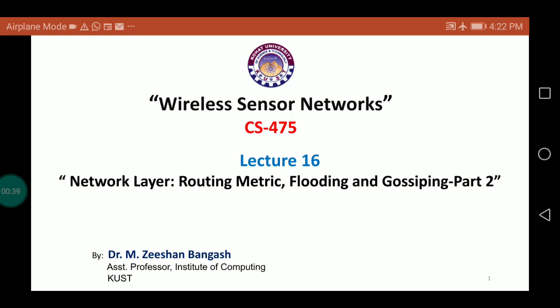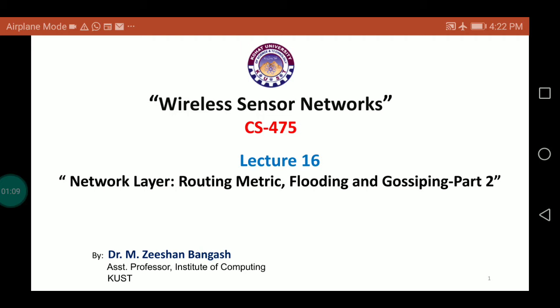Then we discussed a different category of the network layer protocols, which is hierarchical routing, and we discussed that hierarchical routing is good in terms of implementation. However, when we consider it for wireless sensor networks, it consumes a lot of energy and it introduces delay in the network. So this is part 2 of the topic, that is network layer,